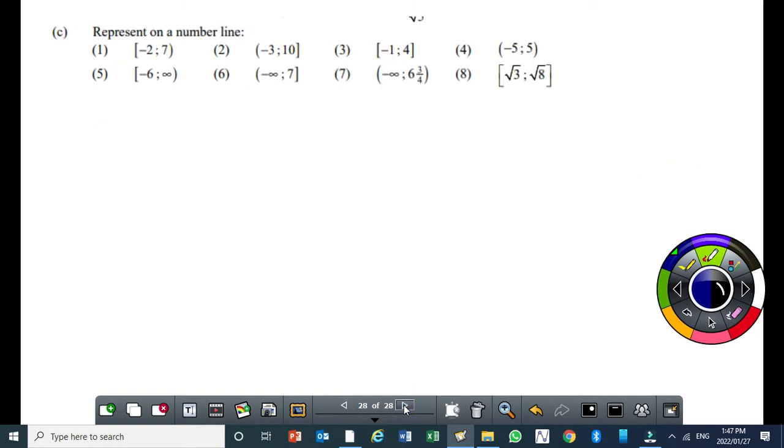Can you tell me the question which I asked you to do? It's C what? C2. So for C2, represent on a number line: x lies between -3 and 10. Now remember, for the interval notation, x is always a real number. Okay? X is always a what? A real number. Therefore, if I draw my number line,